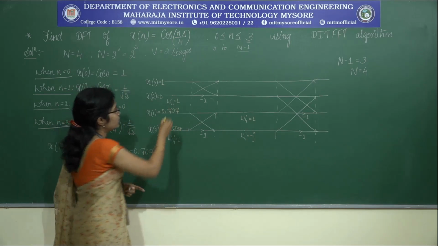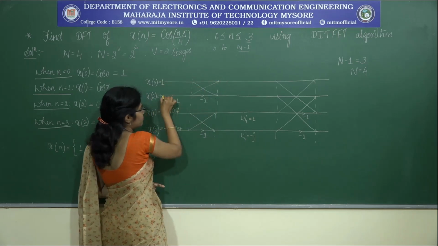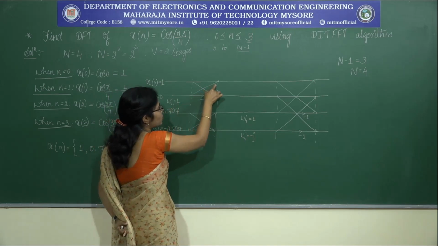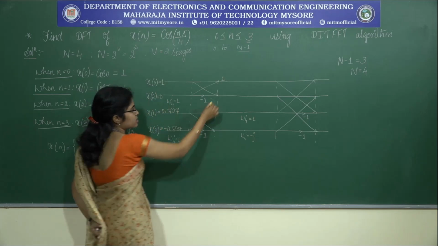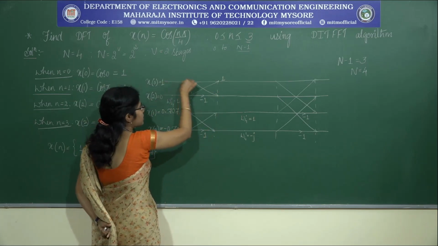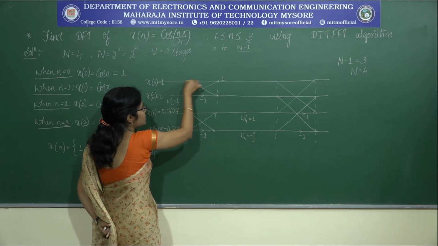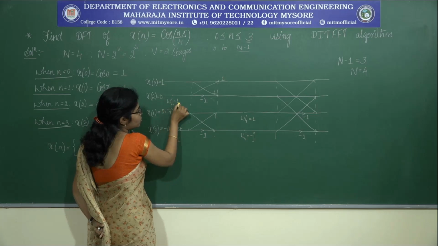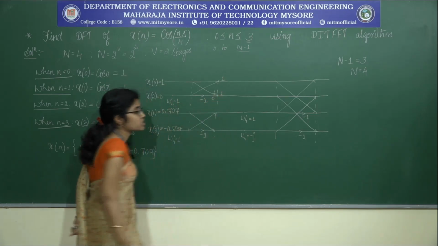Okay. Now, again let us start here. From this branch we are getting 1. From this branch 0 is multiplied with 1 gives us 0, and here what we are getting is 0. So, 1 plus 0 is 1. At this particular point, the signal is coming from this branch and one more from this branch. Here the signal is 1. Here it is 0 into 1 is 0. 0 into minus 1 is also 0. What we are getting is 1.